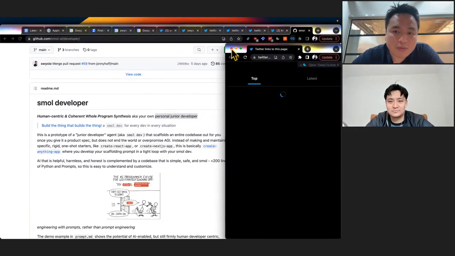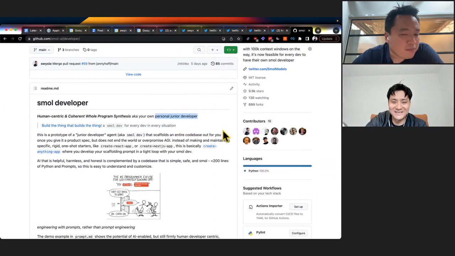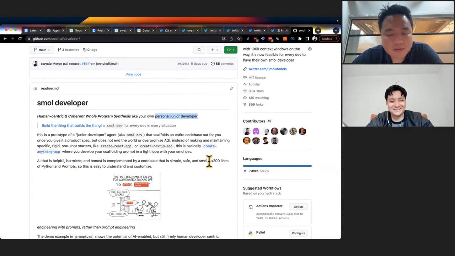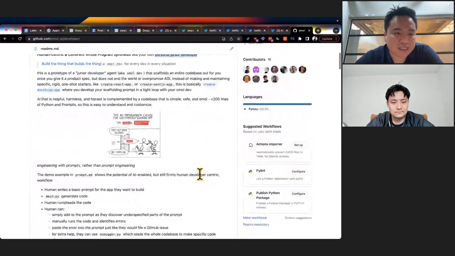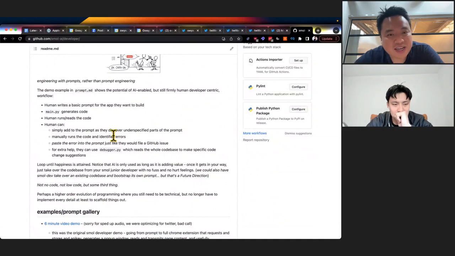I think a lot of people are trying to build the equivalent of the level 5 self-driving car, but really, we need to be aiming at level 2, level 3 now, because that's what we're capable of and actually would be useful today. So small developer is this process of it's just essentially like 100 lines of Python